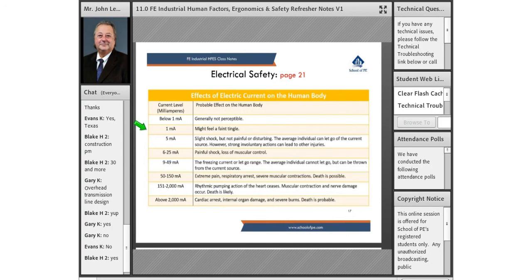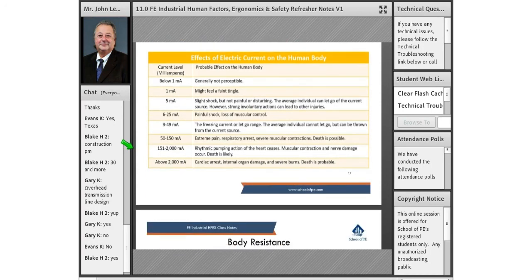But anyway, electrical safety, okay. What this is saying is that based on the amp level, there is a probable effect on the human body. Right? So that's pretty straightforward. Typically, they would ask you to use your equation and determine what the current would be, and then ask, with a current of, let's say, 50 milliamps, what would that do? What's the overall effect on the human